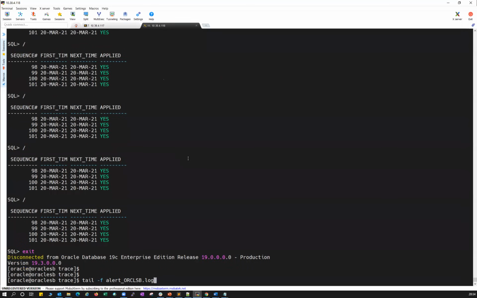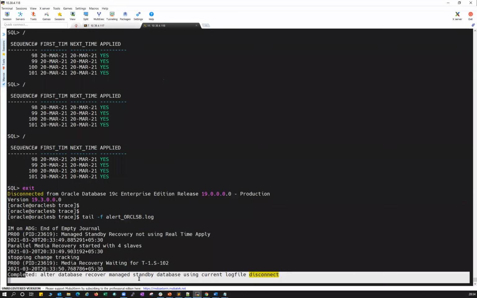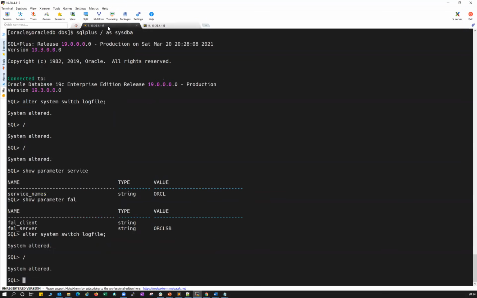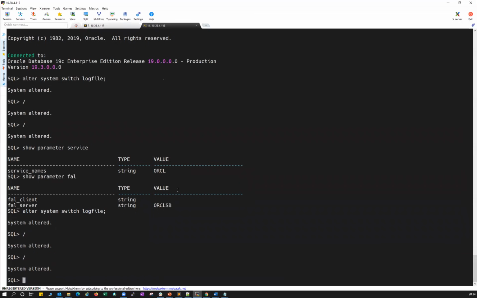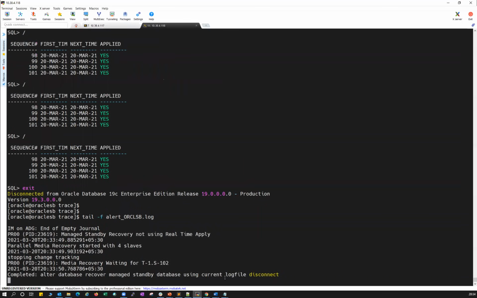We'll tail that alert log. Completed. Okay, still the transfer has not happened. That again depends upon the network. Whenever the transfer happens, it will automatically be applied.